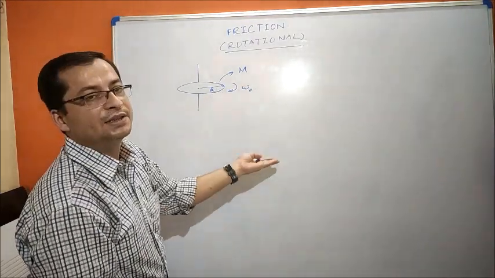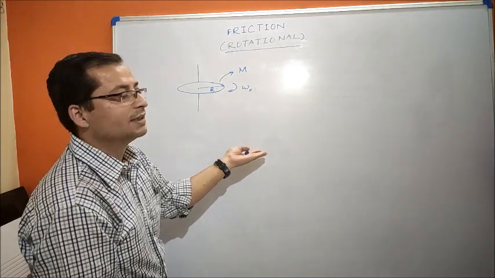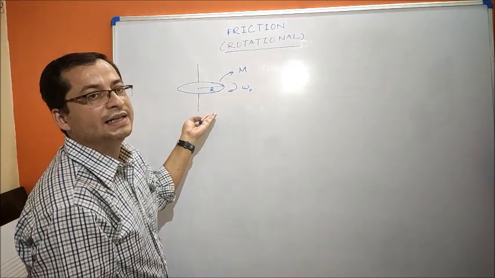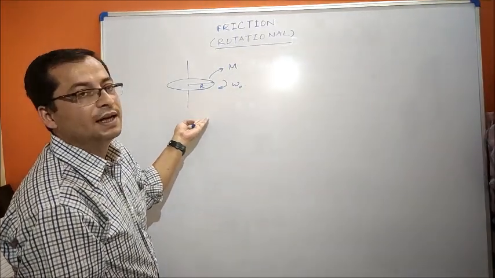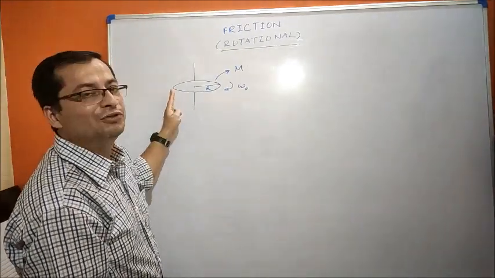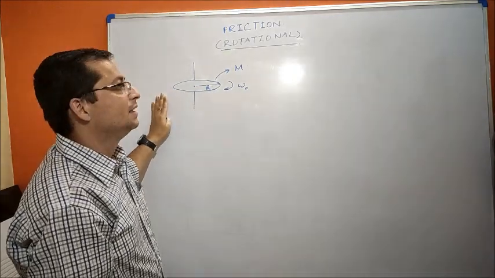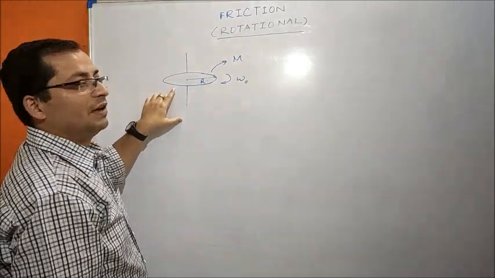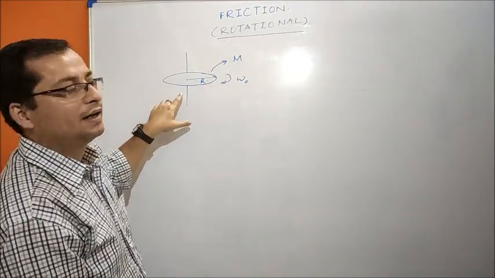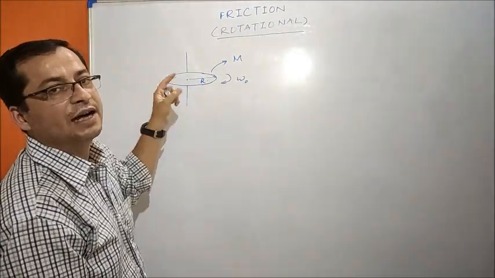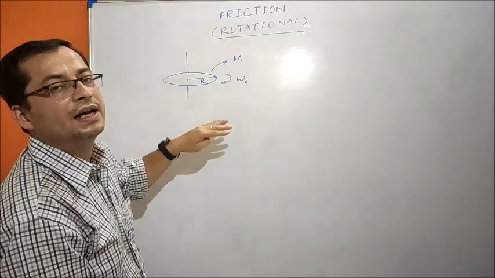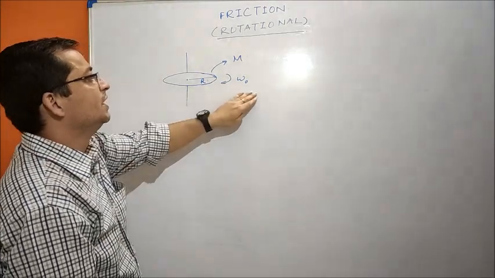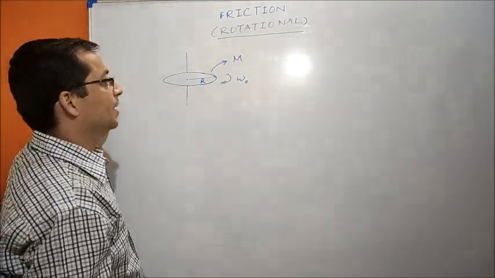And it is gently placed on a horizontal, rough surface, due to which it starts experiencing a force, and that force causes frictional torque, and that torque eventually stops the motion of the disc, right? So we are going to find the time required by this disc to stop due to that frictional torque experienced from the rough horizontal surface on which this disc is placed, right? So initially it is moving with some angular velocity omega naught.